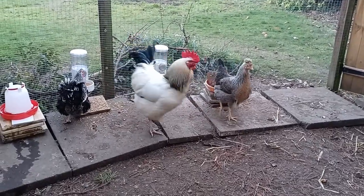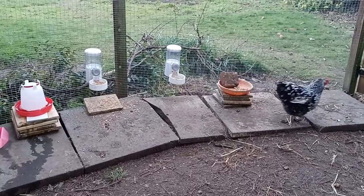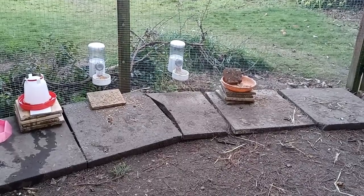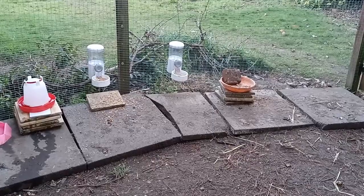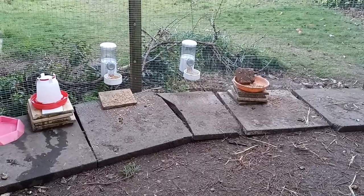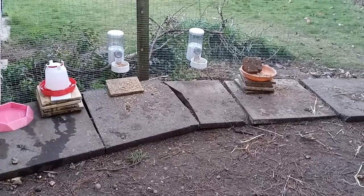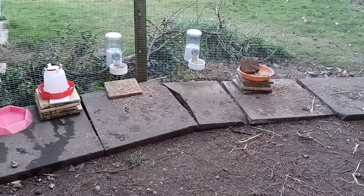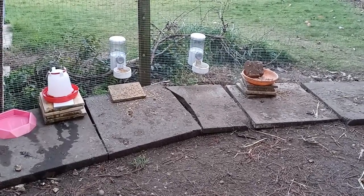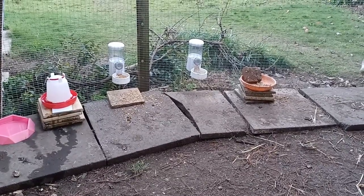So as you can see, we've got 2 feeders there. They are actually cat feeders. You do not get any feeders for chickens, especially the hanging ones, so you have to improvise. You can get these cat feeders online, and there are many different types, but they are quite small. So if you want to go away for at least 1 or 2 nights, you would want something slightly bigger. These are about 500 milliliters each, so they can store enough seeds or pellets in them